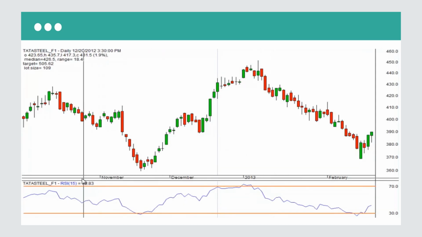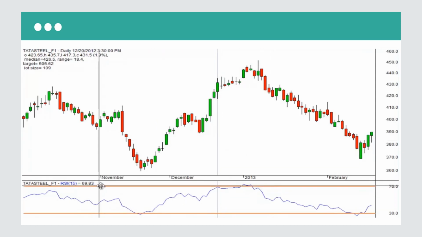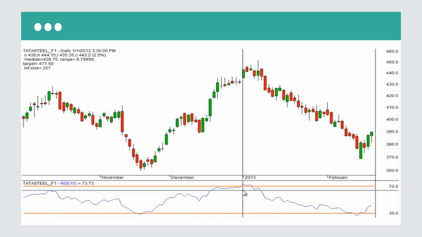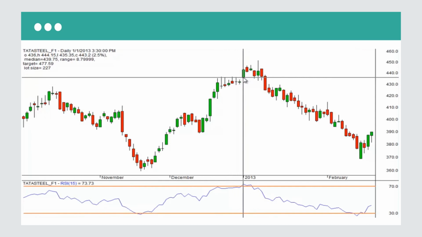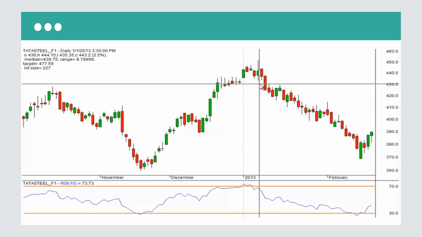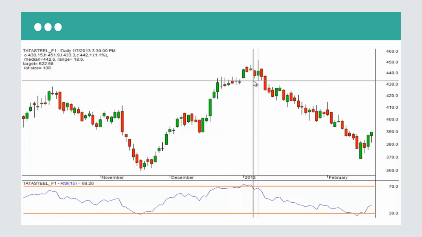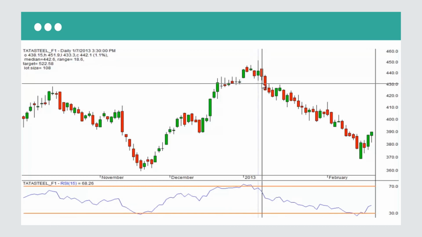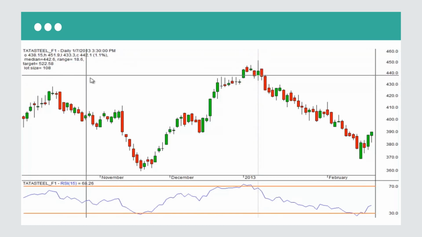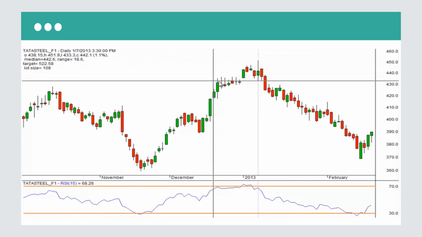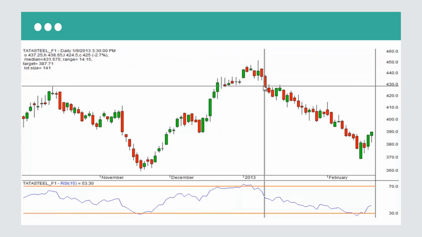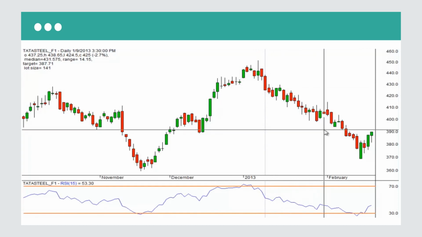Over here, the RSI has touched 69, so it's not quite 70. So we're waiting for 70 to hit, which happens here. It's touched 73. Now here we wait for a swing low to form, and we got a swing low here. We basically place a sell order below the low. So the low of this green bar, that's the swing low, is 433.3. You can place a short sell order at say 433 rupees, 30 paisa lower, and wait for it to trigger. It triggered on this day, and this entire move down was actually a profit.